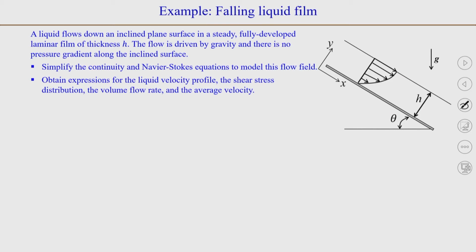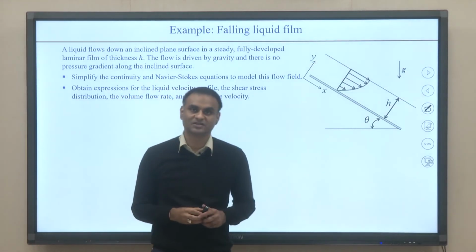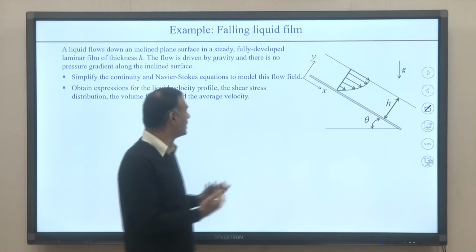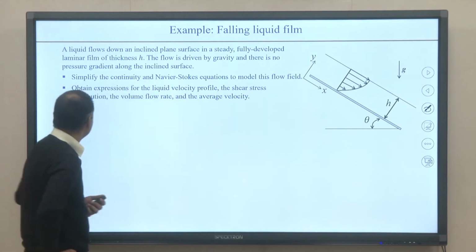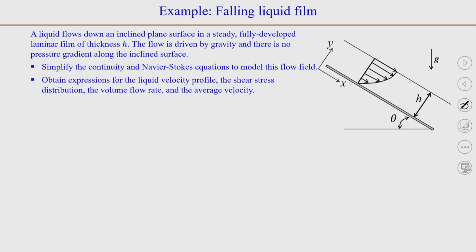Now, we will take up an example of flow in a falling liquid film, which is a common example. We can see it in many places. For example, in a cooling tower, you can see a liquid film falling. So, in this case, a liquid film flows down an inclined plane surface in a steady, fully developed laminar film, which is of thickness h. So, the flow happens over this wall,